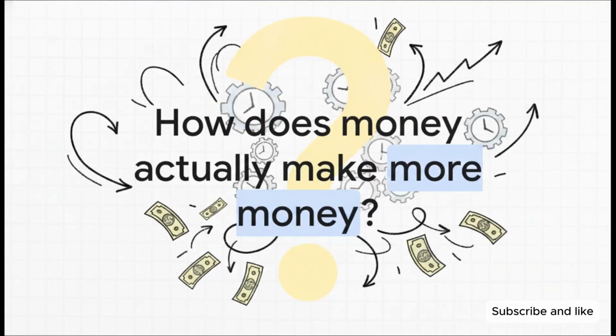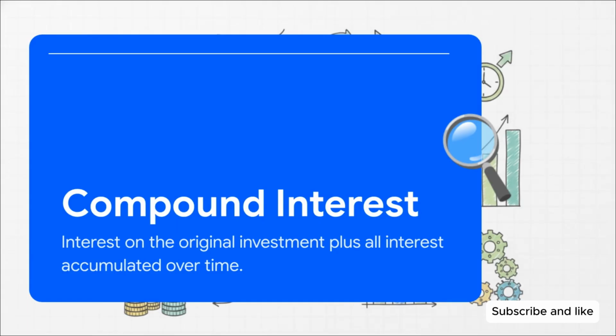Making money make money. It kind of sounds like a catchy late-night infomercial slogan, right? But how does capital actually replicate itself? Because when we think about building wealth, we almost always picture active labor, working harder, taking on more side hustles, or just clocking more hours. But the true engine of wealth, it doesn't require you to clock in at all. It requires your capital to do the heavy lifting for you. And to understand exactly how that happens, well, we need to define the exact mechanism powering this geometric growth. That mechanism, of course, is compound interest.